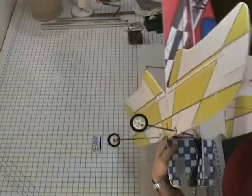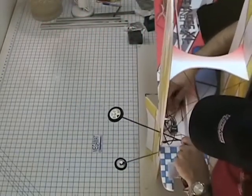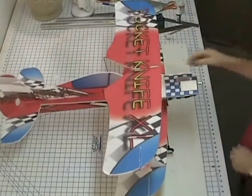Alright, now the receiver's mounted, it'll be a little easier to play with the wires. Well, it's not my best wiring job, but that'll do. Just to keep them out of the way so they don't get tangled up in the servos. Then we'll go ahead and